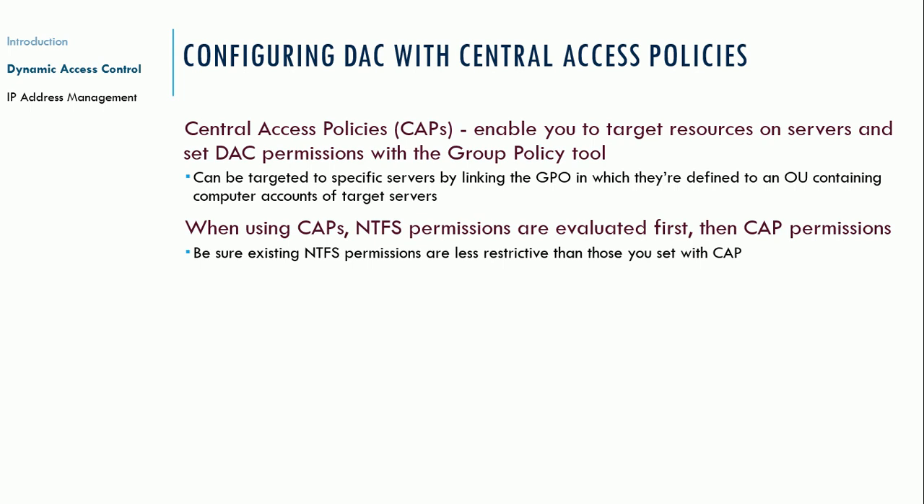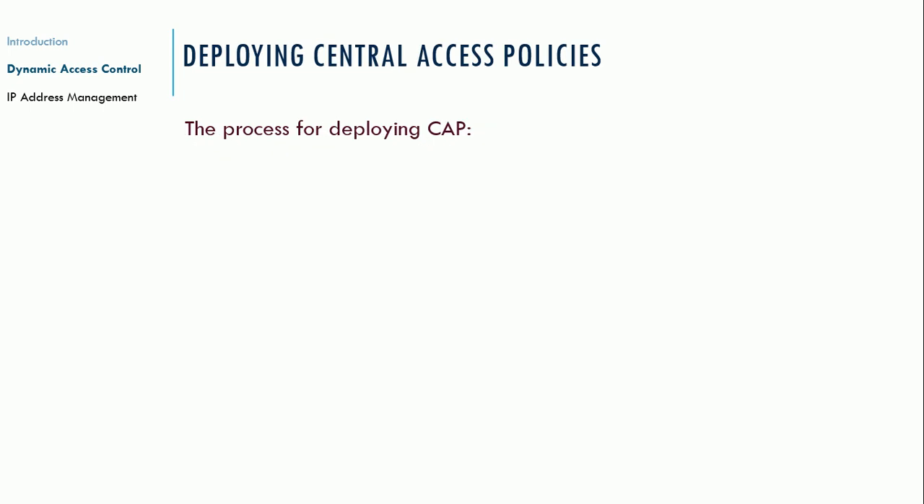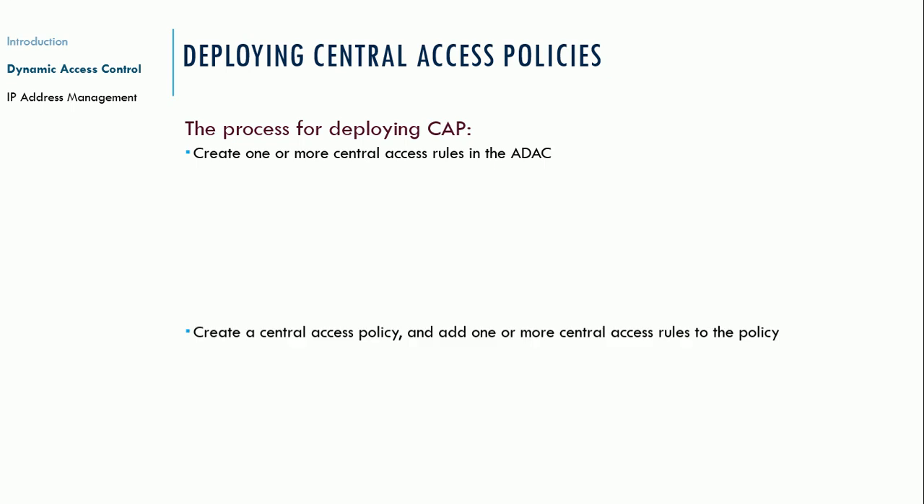When you're using CAP, NTFS permissions are evaluated first, and then the CAP permissions. So you have to be sure that NTFS permissions are less restrictive than what you set with CAP. Otherwise, NTFS is going to block the access before CAP even gets a chance to determine whether the access is permitted. So to deploy CAP, you're going to create one or more central access rules in ADAC, and